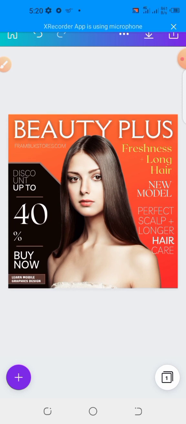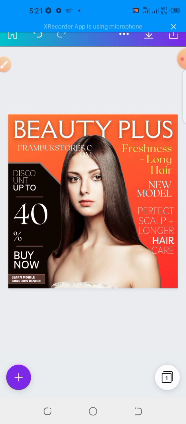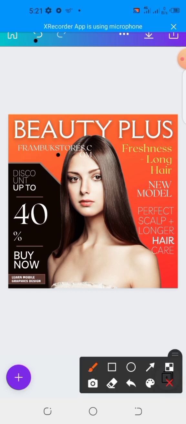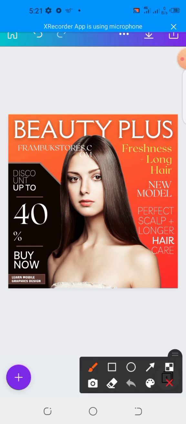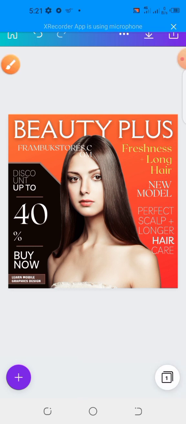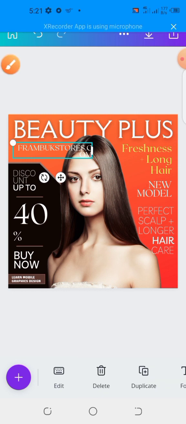We have to change this text. Let's make it, what text do we make it right now? That would be better as we increase it. As we've increased it, it isn't seeming like it's still so nice. But let's see. From bookstores.com, let's go for the knob and drag this knob to straighten the line, and let's